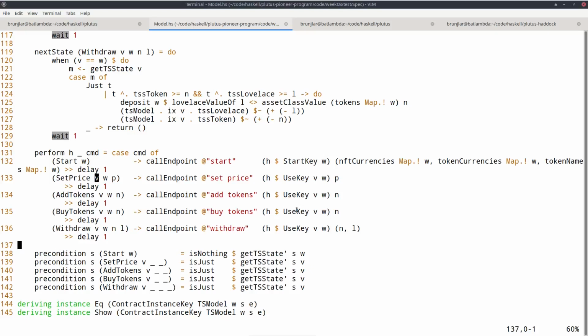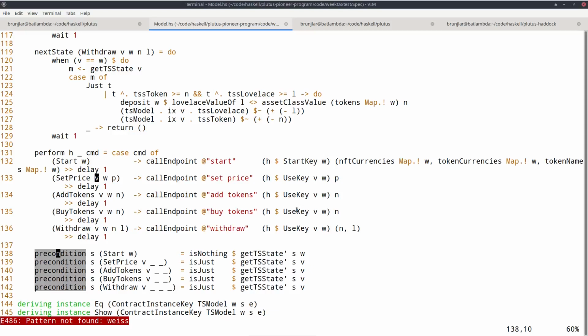Finally, and this is now the last method I must provide to implement all of this, is precondition. So I have the option to say that certain actions are not supposed to be randomly generated at a certain point. So I can define preconditions under which it is acceptable to provide this action.